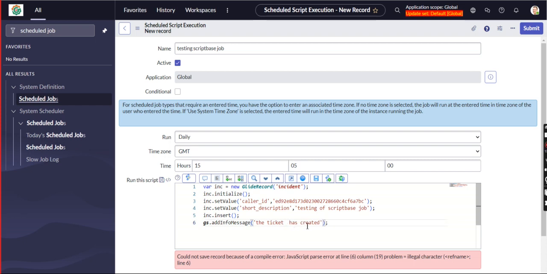Control X, the ticket has created, comma.